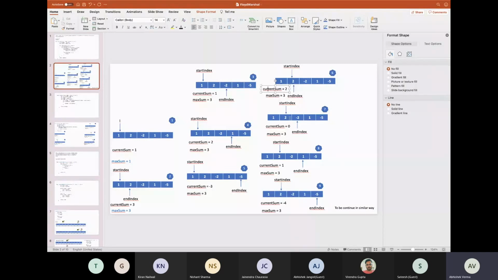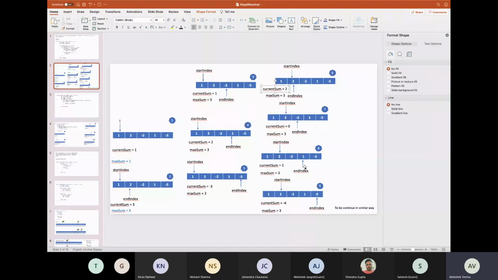Again the int index moved to this position. So -2 and 2 will be added, so current sum becomes 0, and since this is not greater than 3, I am not updating max sum. This will continue.